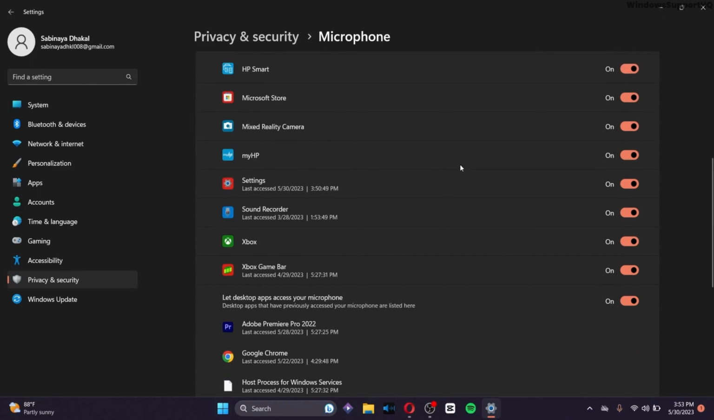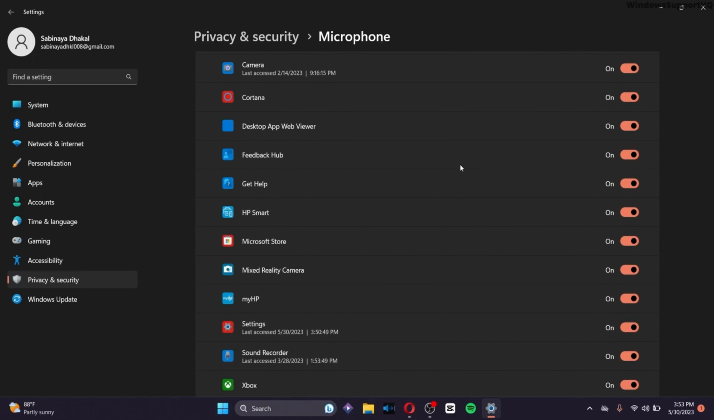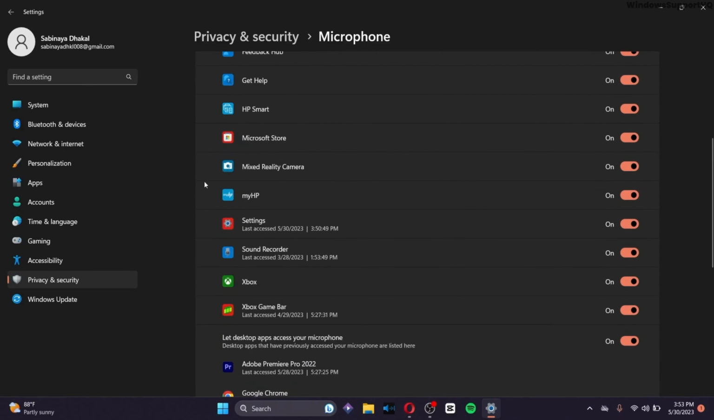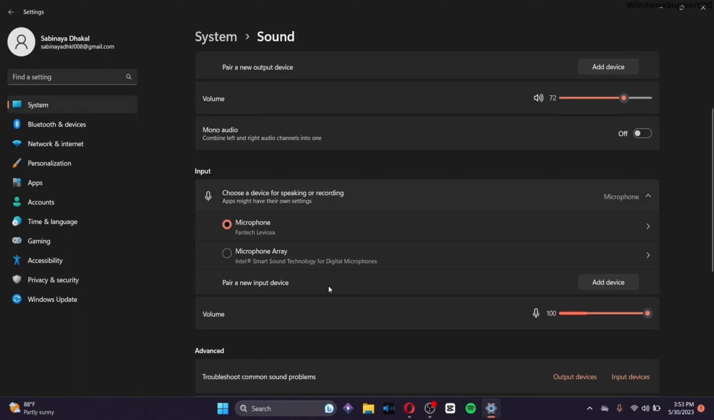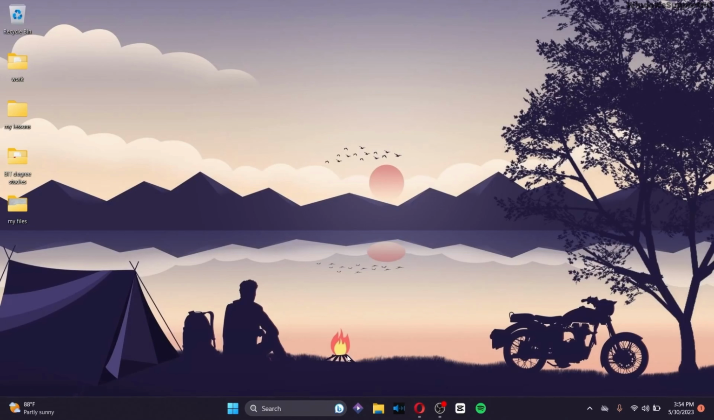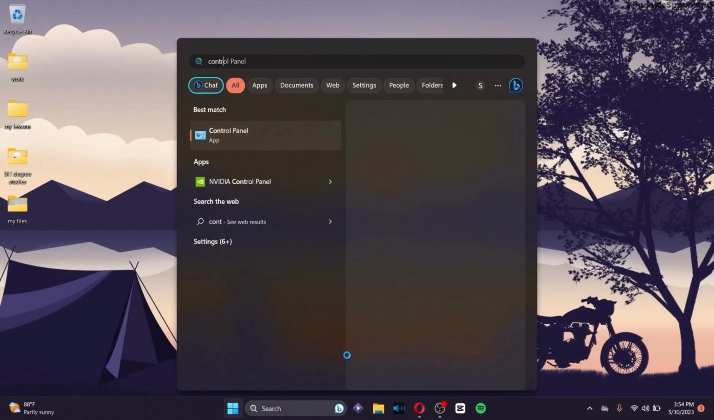I can see right here that all of my options are toggled on, so it's okay if you toggle on all of the options as well. And the next thing to consider is to go to system right here, go to sound, and if you have many microphones connected to your PC, then choose which microphone you want to use and make sure you choose the working microphone. And the next thing to consider is go to the search bar again and type control panel, and